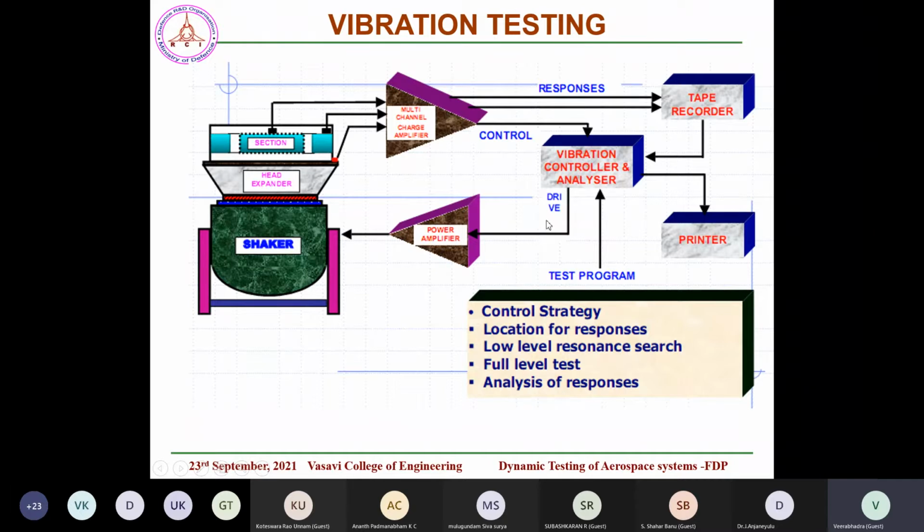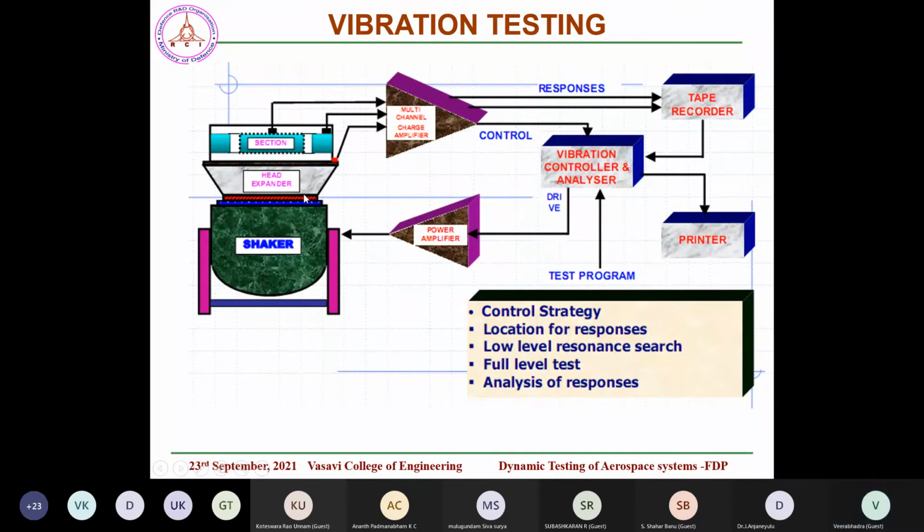This amplifier will give the required inputs to the shaker in voltage and current, and the shaker starts oscillating or moving. The required or desired spectrum is felt on the table. This is again monitored closely, what we call closed loop control, and it is compared with the input spectrum or input profile. If there is any deviation, in the next cycle an error signal is sent, and this is how the closed loop control system works. Next I'll be explaining about the shaker and other associated components.